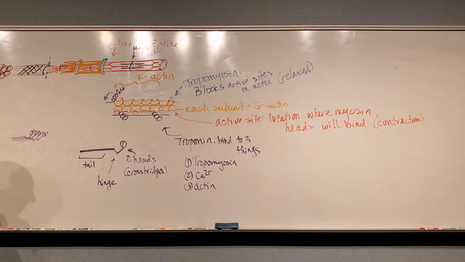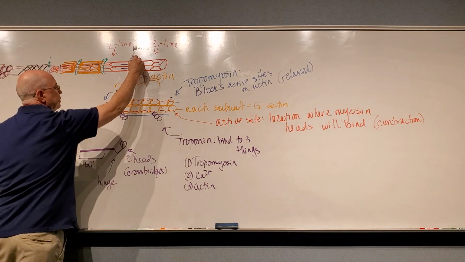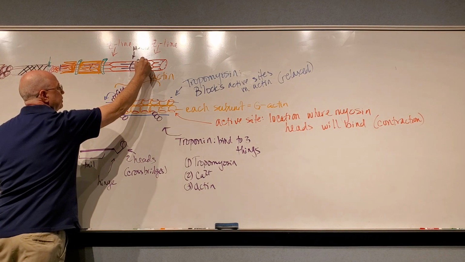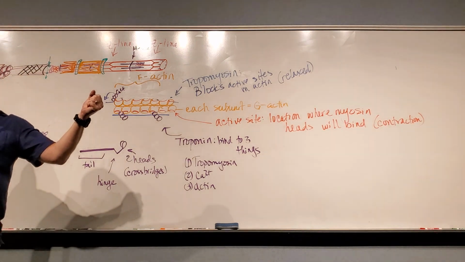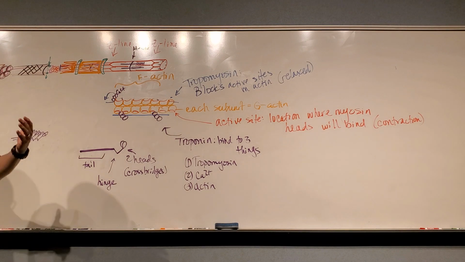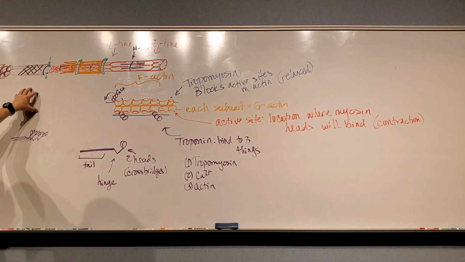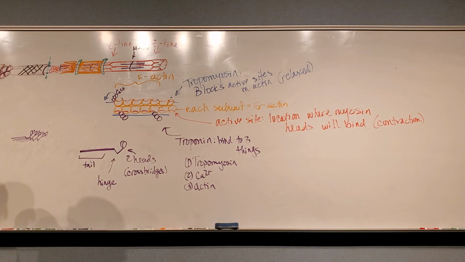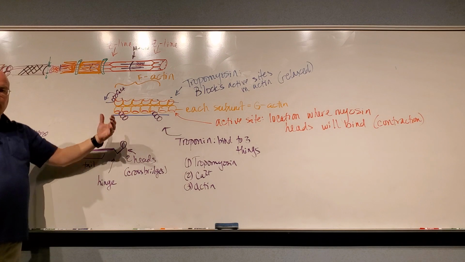So I have a whole bunch of them stacked together so that if I were to look at this structure here, I would see all these little myosin heads sticking up and sticking in either direction. As a matter of fact, they stick off in six directions, because one myosin can grab onto six actins when we looked at that molecular structure earlier. So now, all that I have to do is expose the active site on actin,